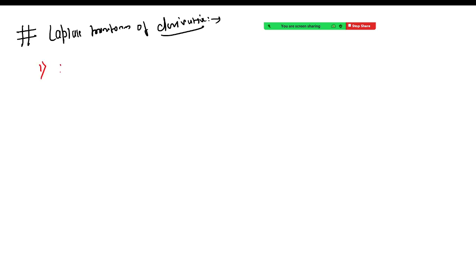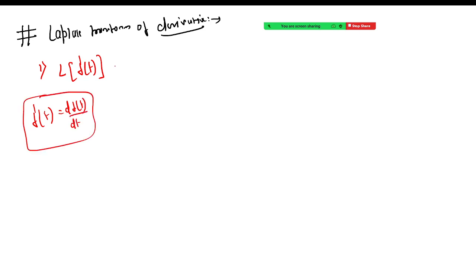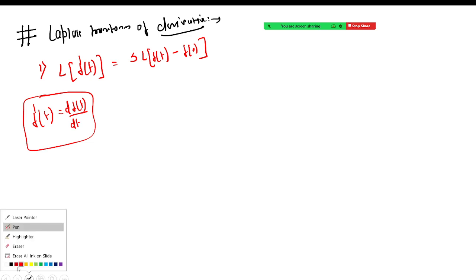So let's say first, the Laplace transformation of f dash t. And what is f dash t? F dash t is df(t) divided by dt, that is, the first differential. So the Laplace transform of f dash t is equal to s times Laplace of f(t) minus f(0). Now, I have told you there are some properties involved in the Laplace